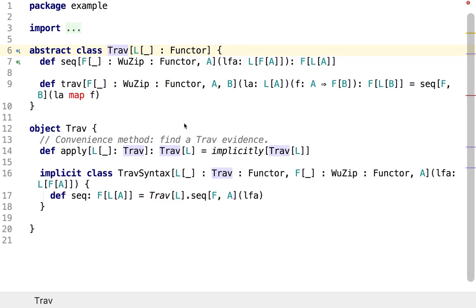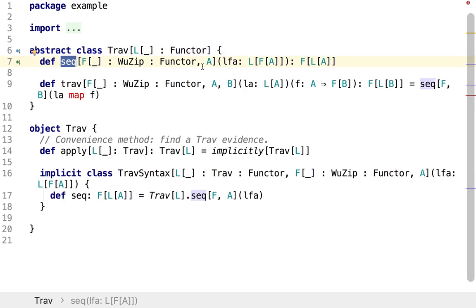But actually, the cats library has a traverse type class. I just want to show that this is easy. And I prefer to define seek, and they prefer to define traverse in their type class. So that's why I have my own type class, but basically this is a very simple